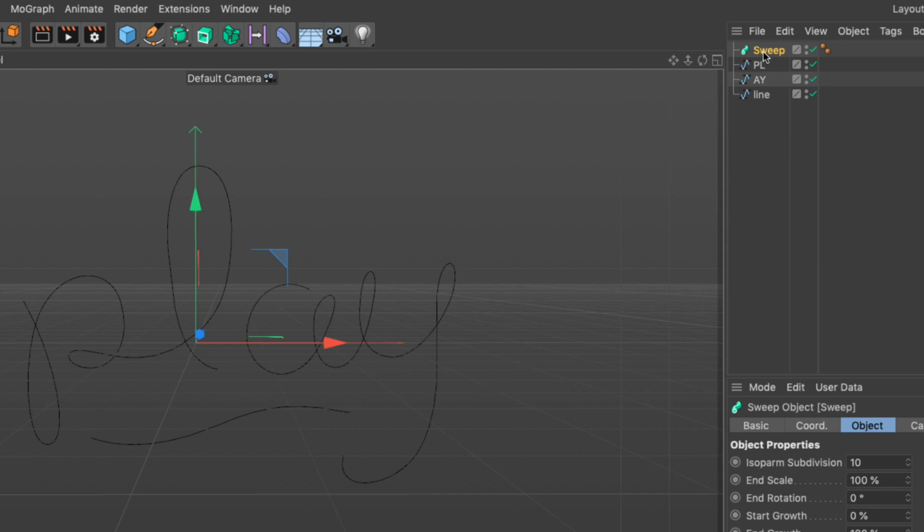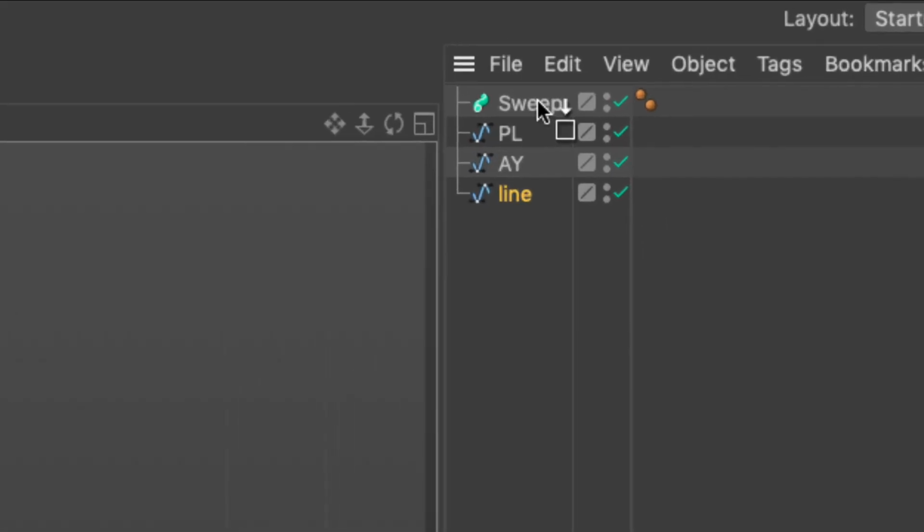In order for the sweep to do something, to generate something, it needs 2 components. It needs the actual line, and I drag the line in the object manager and pull it over the generator until I see that arrow pointing downwards. And now the line is a child of the sweep.